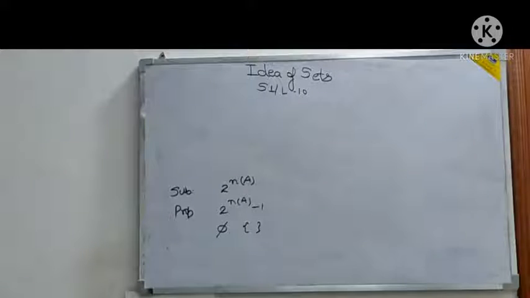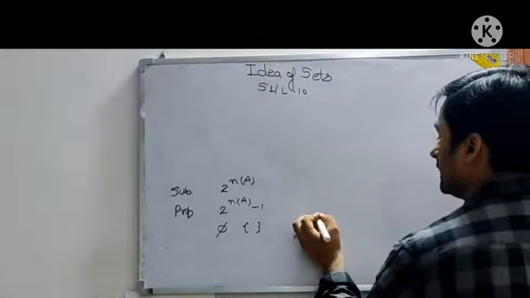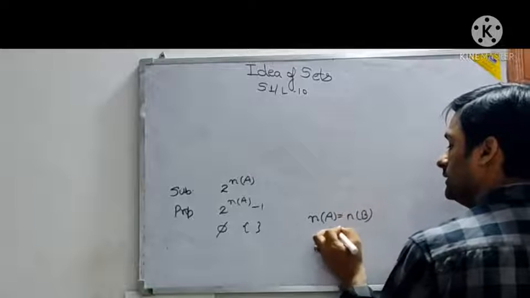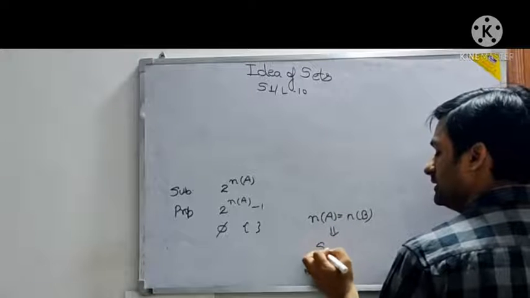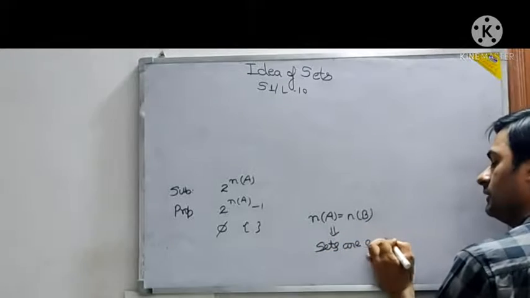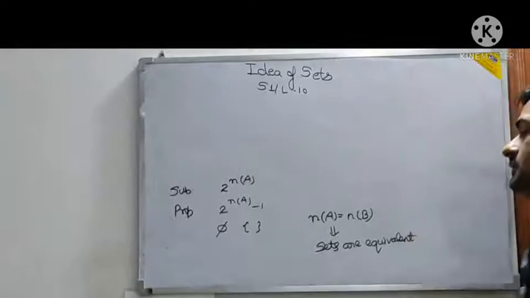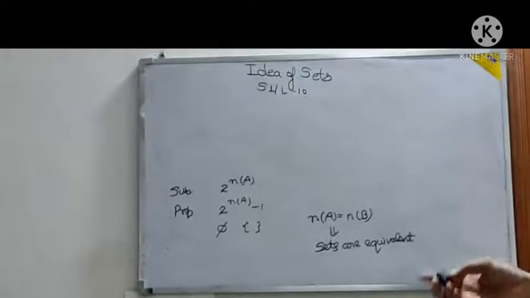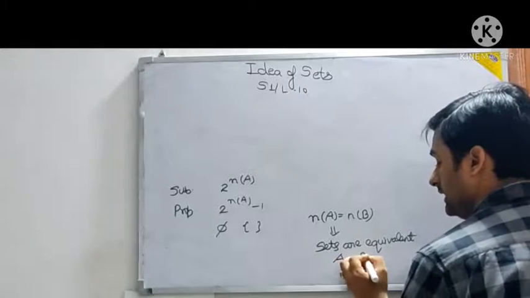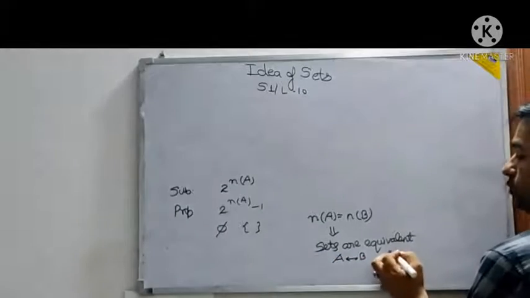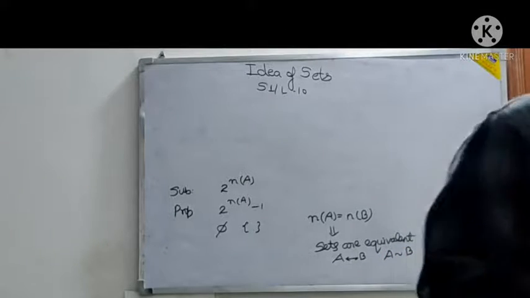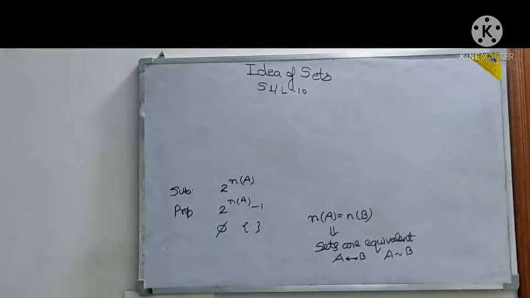Whenever we meet next, one more thing: for equivalent sets, n(A) is equal to n(B). And for equal sets and for equivalent sets, there is a representation for equivalent sets, either like this, or we show it in another way. So all these other things you should remember. In the next class we start with exercise 1B.